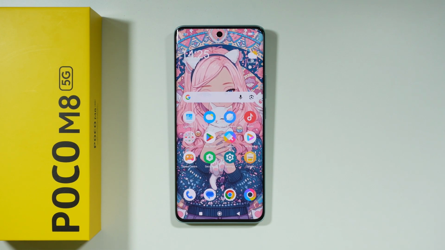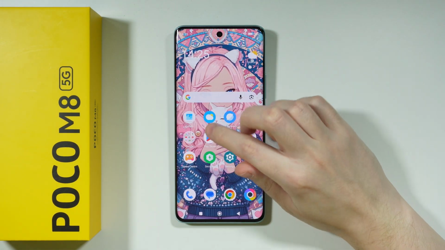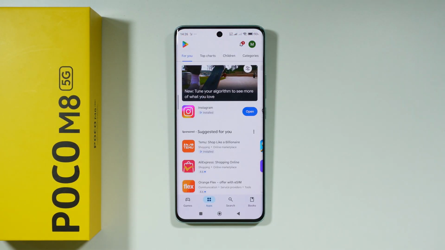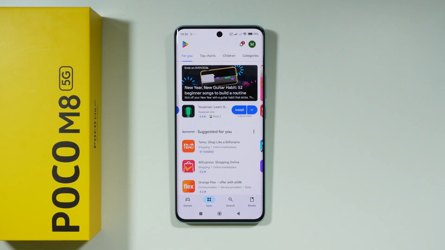Let's install Dynamic Island on POCO M8 5G. So right now, as I'm recording this video, we still have HyperOS 2, and in some cases, once these phones get HyperOS 3, they also get Xiaomi Hyper Island, which is like Xiaomi's own Dynamic Island. But if you don't want to wait, and if you wish to have your own Dynamic Island before the update,